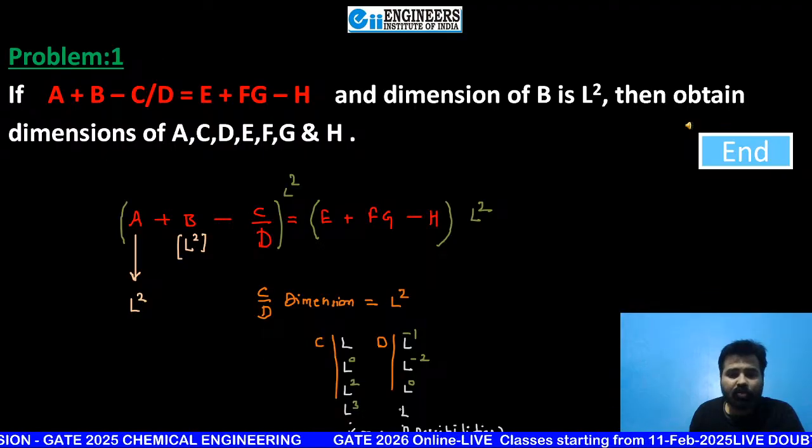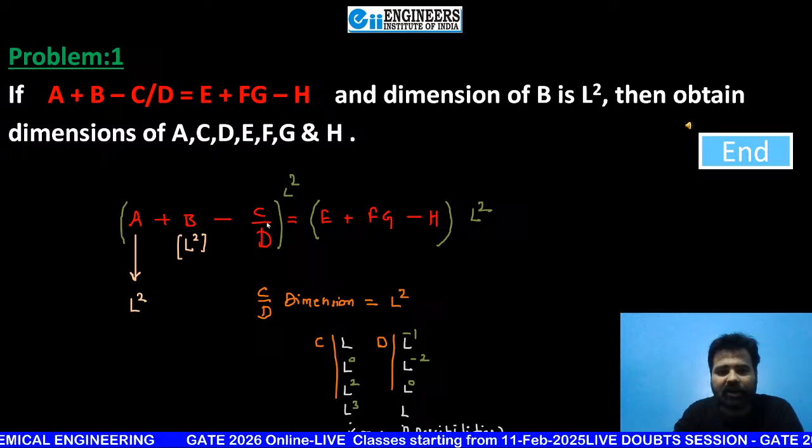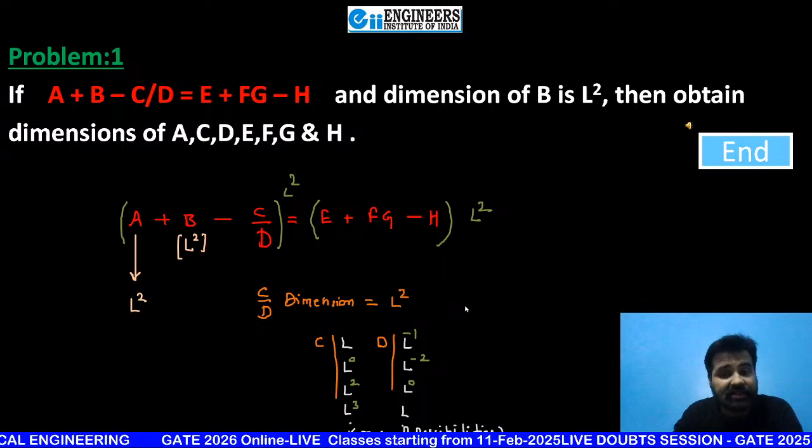सही है ना, देख लो. L cube by L, L square. L square by 1, L square. L by L minus 2, L square. ओके ओके, यहाँ थोड़ा सा ये multiplication के लिए कर दिया था बेटा हमने, done for multiplication by mistake. Okay my dear students, is it crystal clear to all of you? Okay, now RHS unit is L square, that means now separately the unit or the